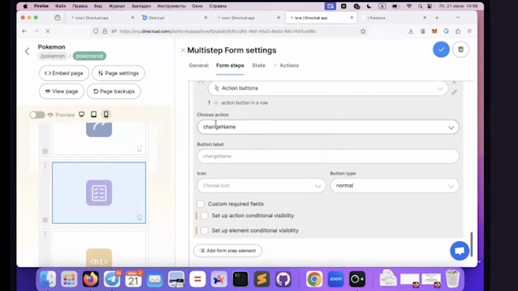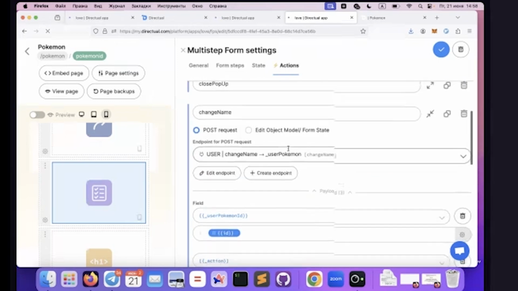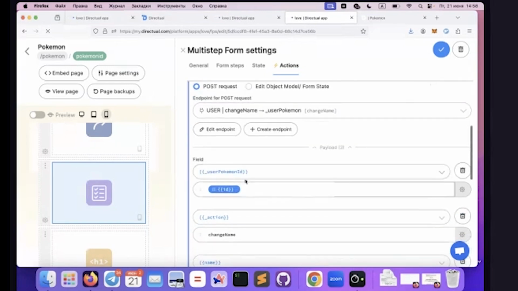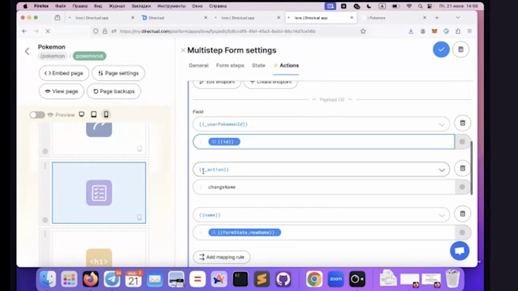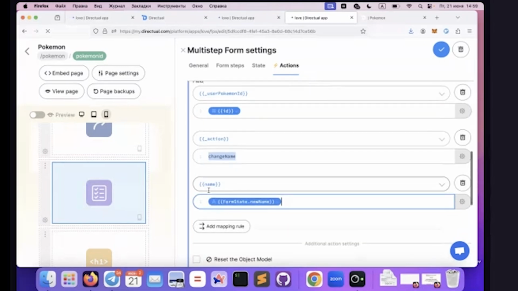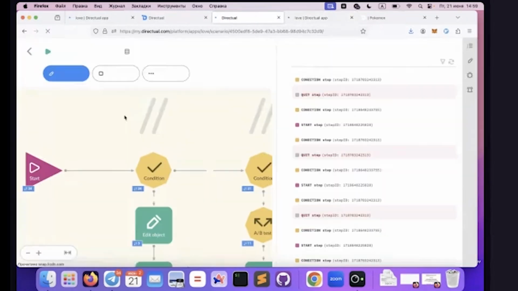This action button sends a request to our database, a special database. We send our Pokemon ID, user Pokemon ID. We send a special field action with change name, and we send name. And let's check our